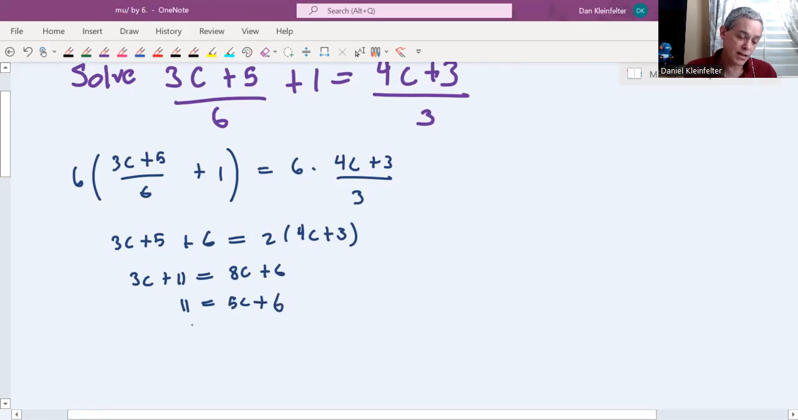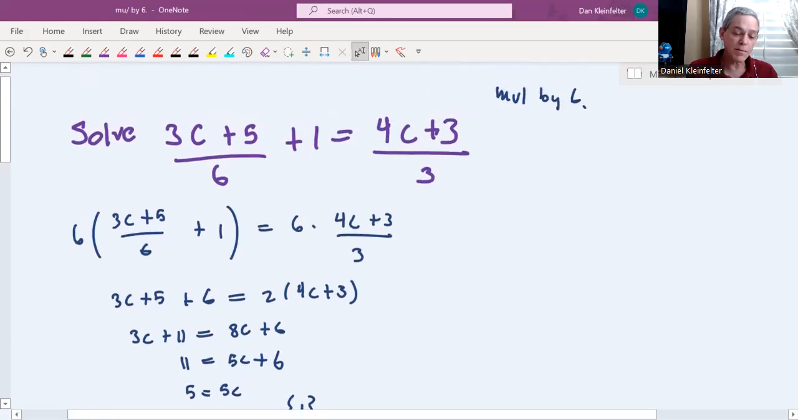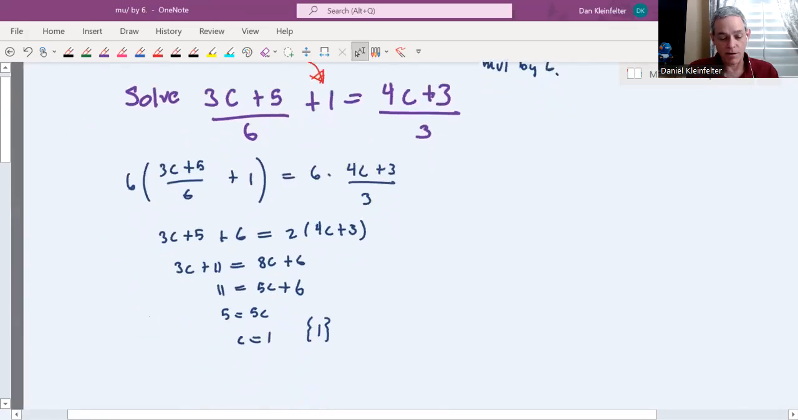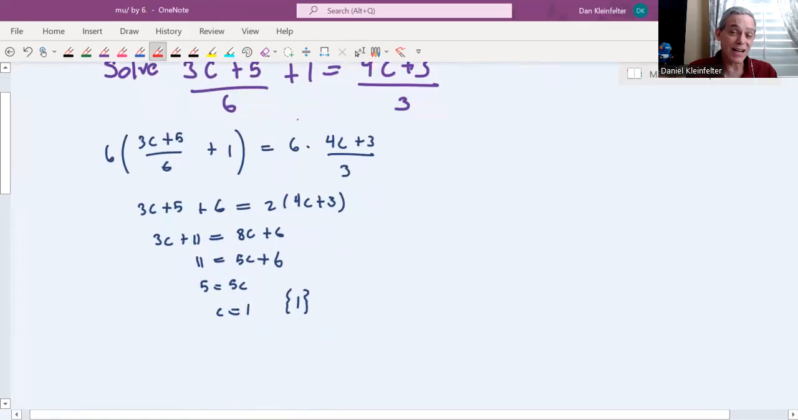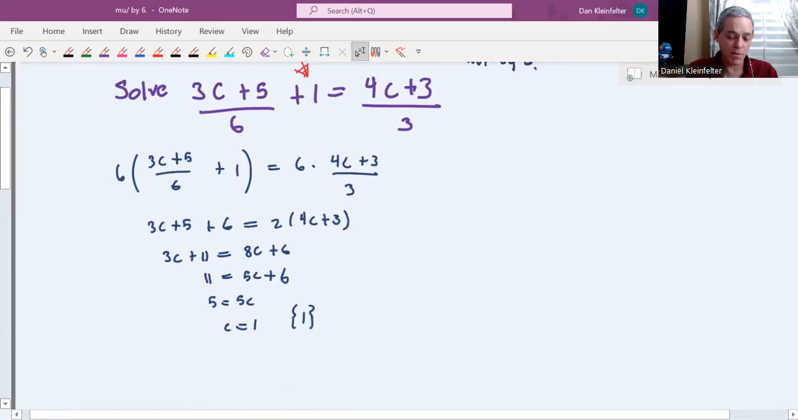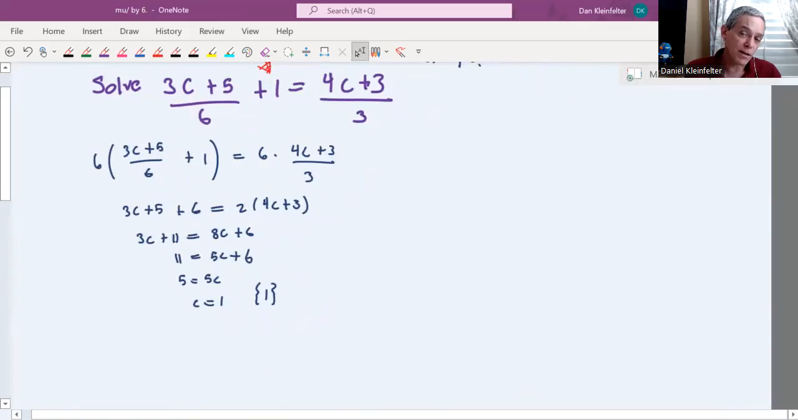And then take away 6 from both sides. And it looks like c is just 1 this time. Okay, as I'd said, the most common mistake in working on an equation like this is forgetting to multiply that 1 by that same number that you're using to get rid of the fraction. So remember that the entire left side and entire right side are multiplied by whatever number it takes to clear